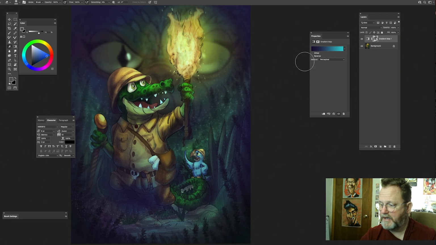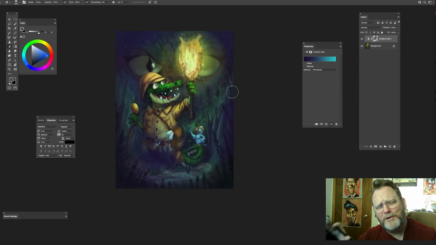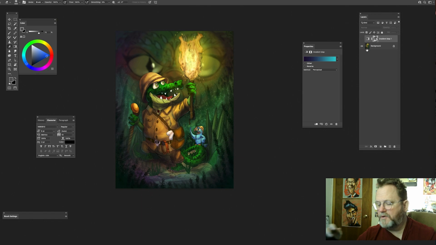Hit OK, hit OK. And then if the client's like, I'm not really sure I like what you're doing, instead of going back and having to manipulate the original image, you can basically turn off that gradient map and say, okay, there you go. So, just to give you another example,